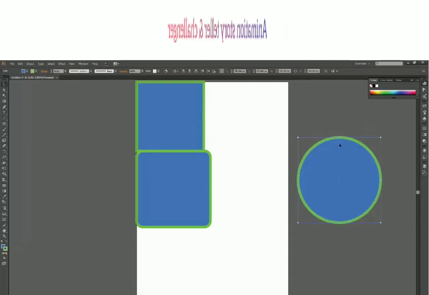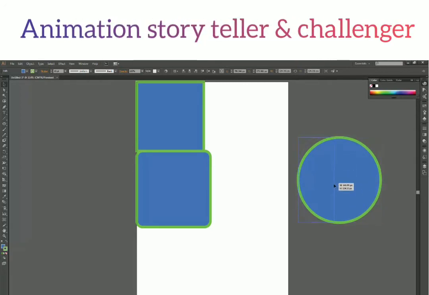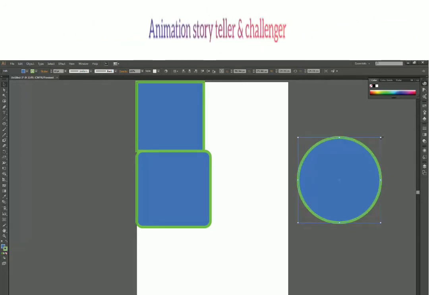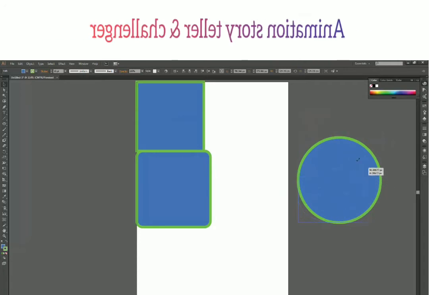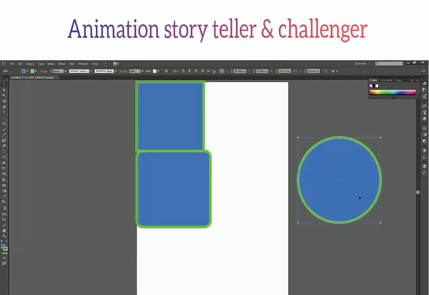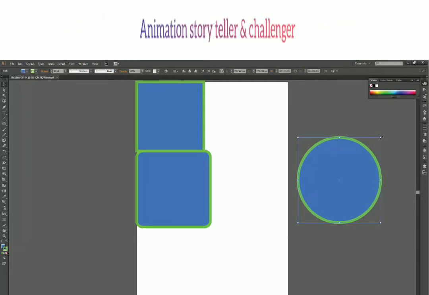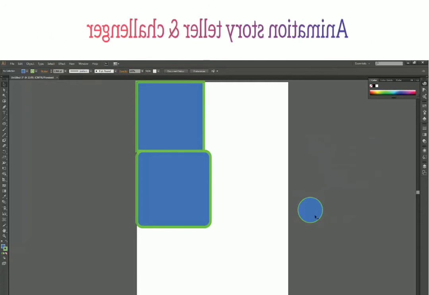You can scale it either horizontally or vertically, and you can click on any of these corner points and scale it the way you want. Now this is scaling, this is not resizing. You can actually see that your stroke has also changed its width along with the shape.